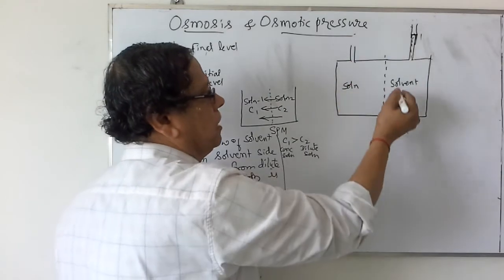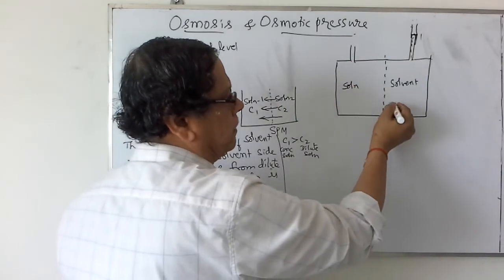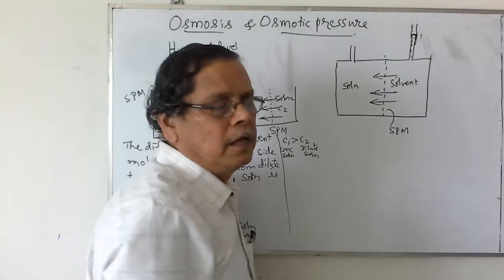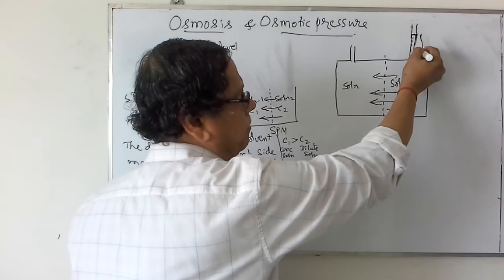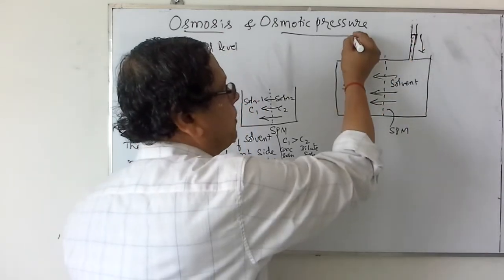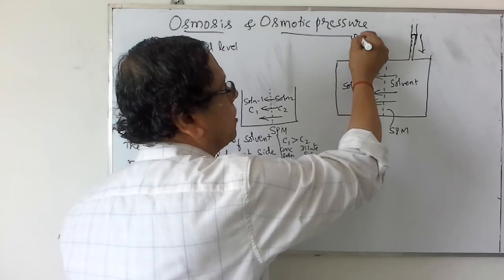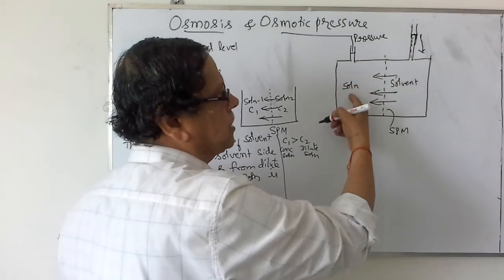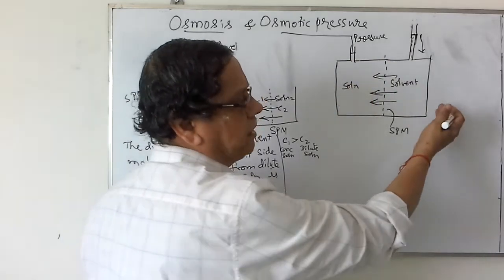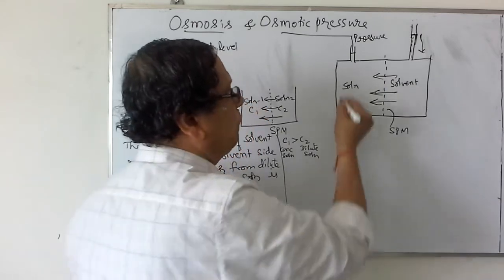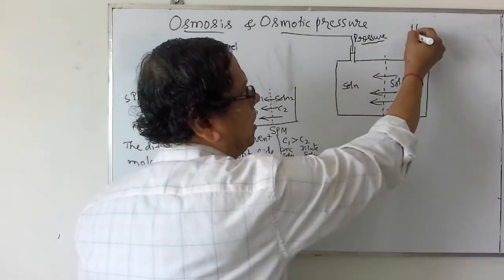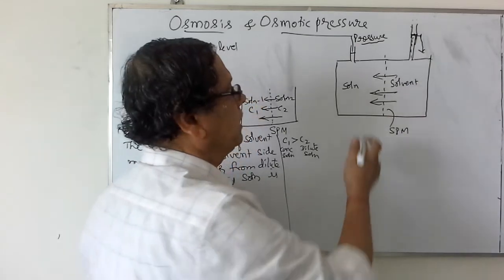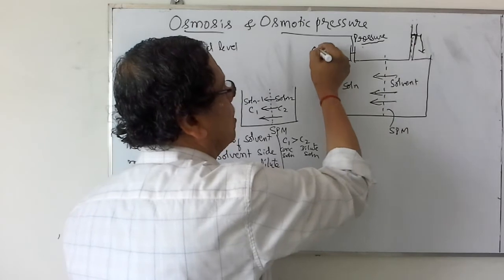Now what we have to do is, if you simply keep open, the solvent molecules will enter into the solution side because of the osmosis. Then gradually this level of water comes down. But if you apply the pressure on the solution side, automatically, because of this pressure that is applied, the movement of the solvent will take place in the reverse manner. If you apply a certain pressure so that the original level of the solvent remains constant or steady, then that pressure is a measure of osmotic pressure.